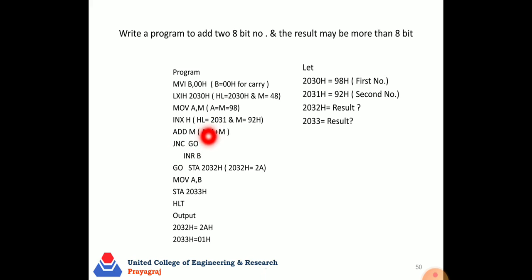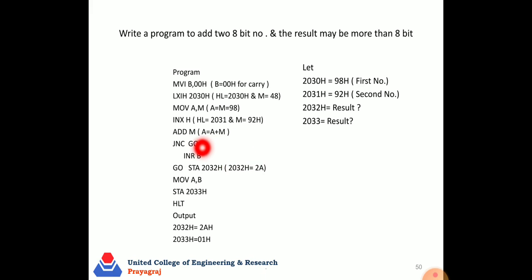Here we are adding two numbers, that means A plus M. As we wrote, here we have 98H and 92H. 8 plus 2 is 10, we write 0 in A. 9 plus 9 is 18, plus the 1 carry makes 19, that means 2 and 1 carry, so a carry is generated in this addition.